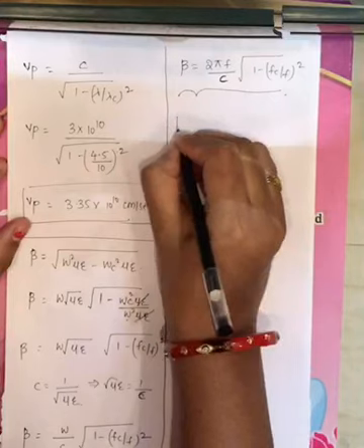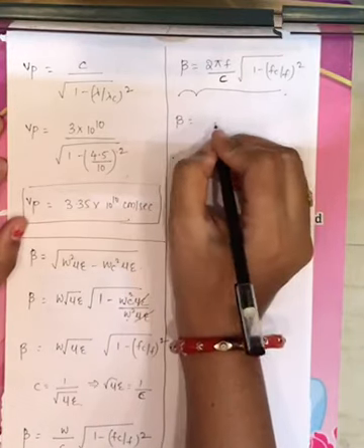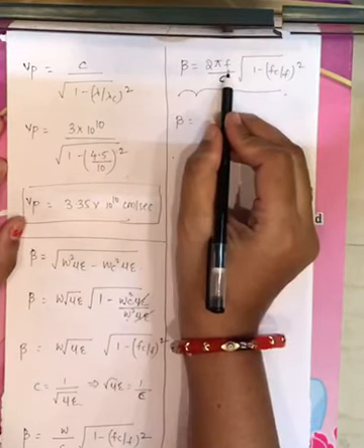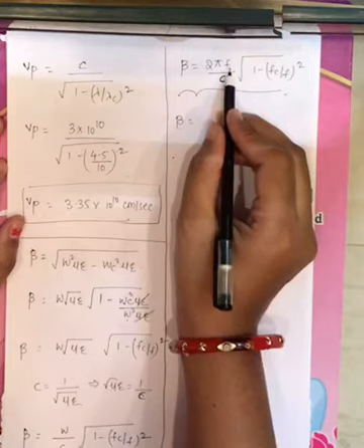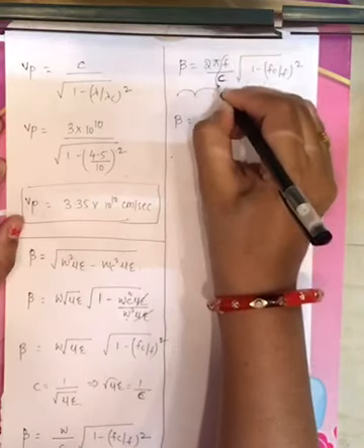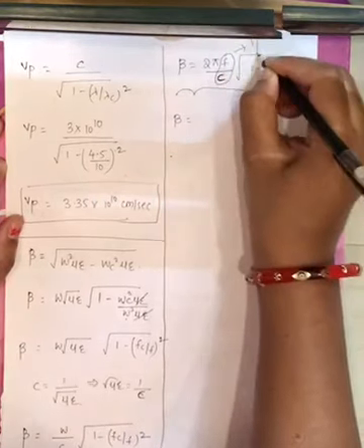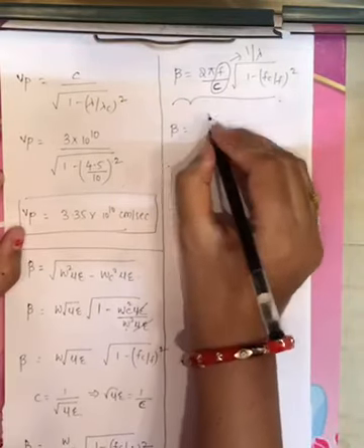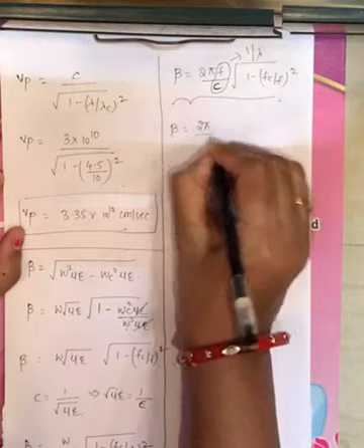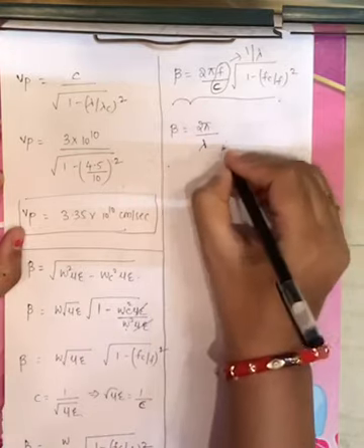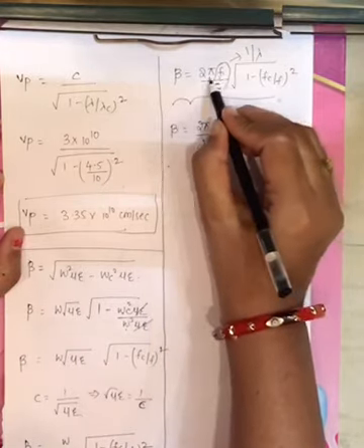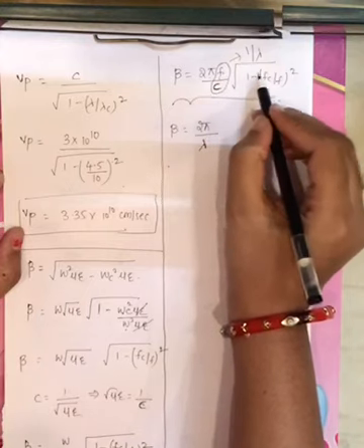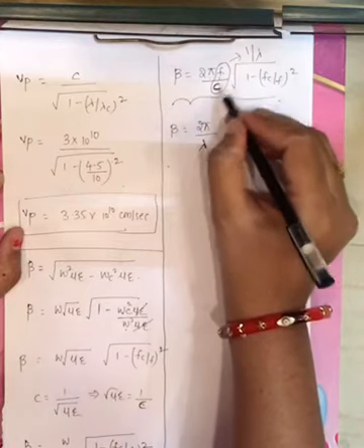Now I want the expression for beta in terms of wavelength, right? Now what is lambda? Lambda is nothing but c by f, right? Now this f by c is nothing but 1 by lambda. F by c is nothing but 1 by lambda. That means you'll get 2 pi by lambda, right? See, here you have 2 pi f by c. Now lambda is nothing but c by f, but here you have the inverse.